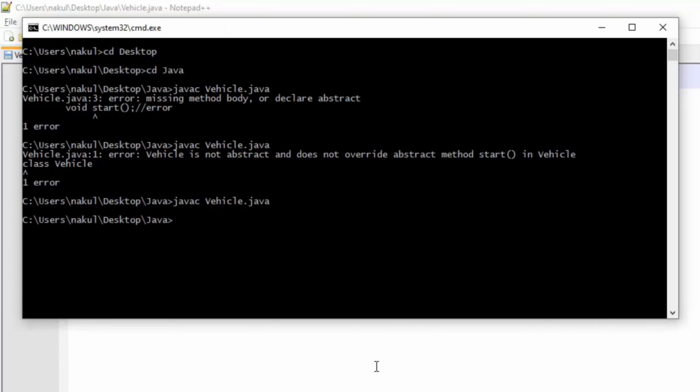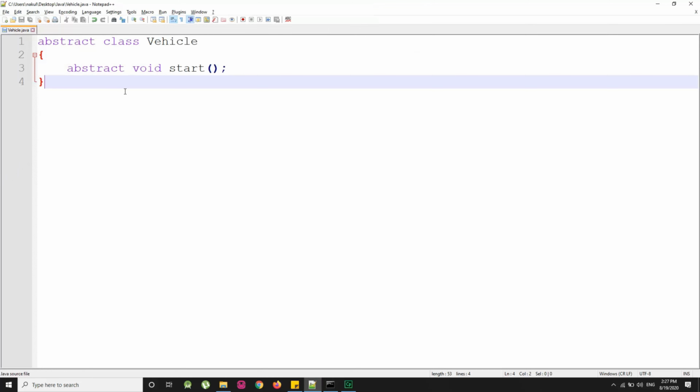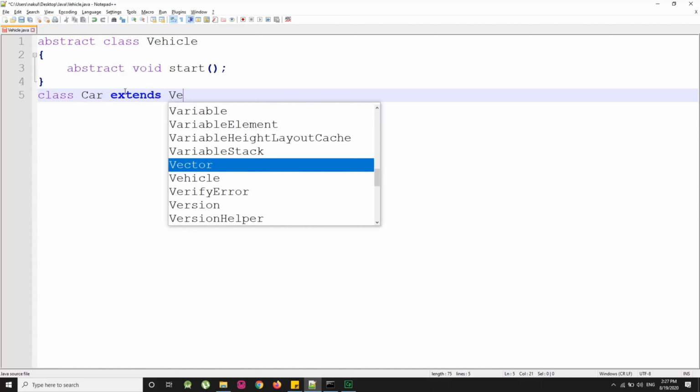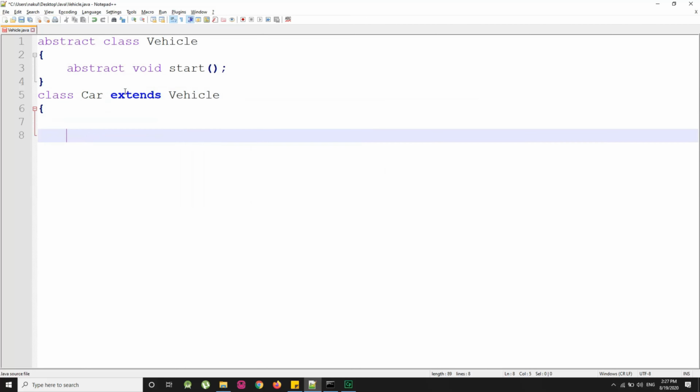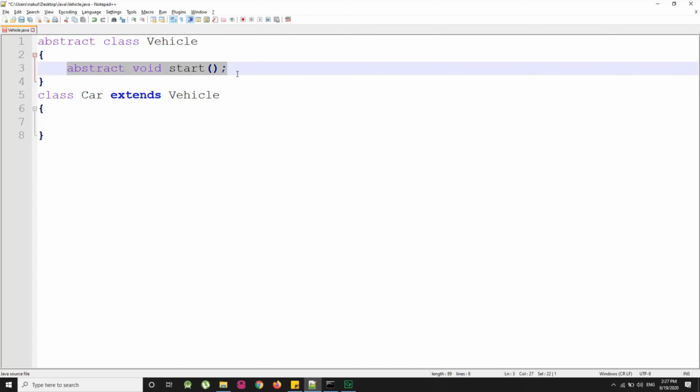Okay, and then in the editor I am going to create another class, class Car, and I write extends Vehicle. Now take note here: if a simple class is going to extend an abstract class, then we have to declare the implementation part or body of the abstract method.